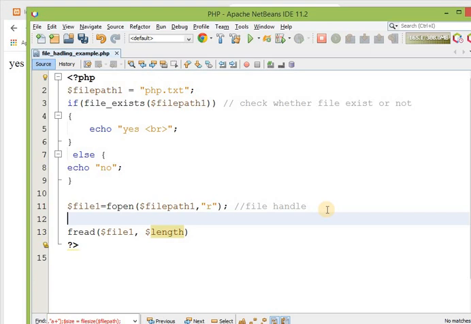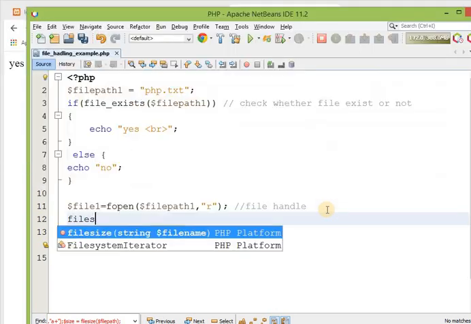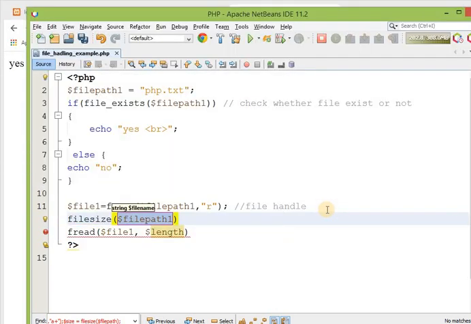Now how can I find the length of a particular file? There is one function, filesize. Be careful over here: within the filesize function you are not going to pass the handle of the particular file, but you have to pass the file itself, not the file handle.